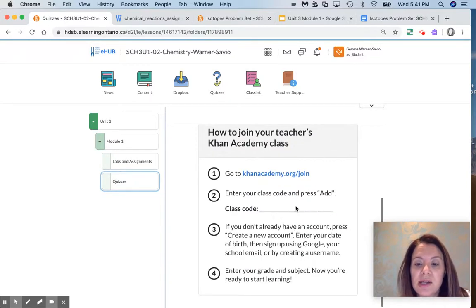So there's a class code. What you'll want to do is make sure that you create a username for me. Please make it so that I know that it's you. So maybe your first name and last initial or something. And then that way that will get graded and it will be sent back to you. So hopefully this will help in terms of keeping everything more seamless and in one spot. And in the next video tutorial, I will show you how to upload